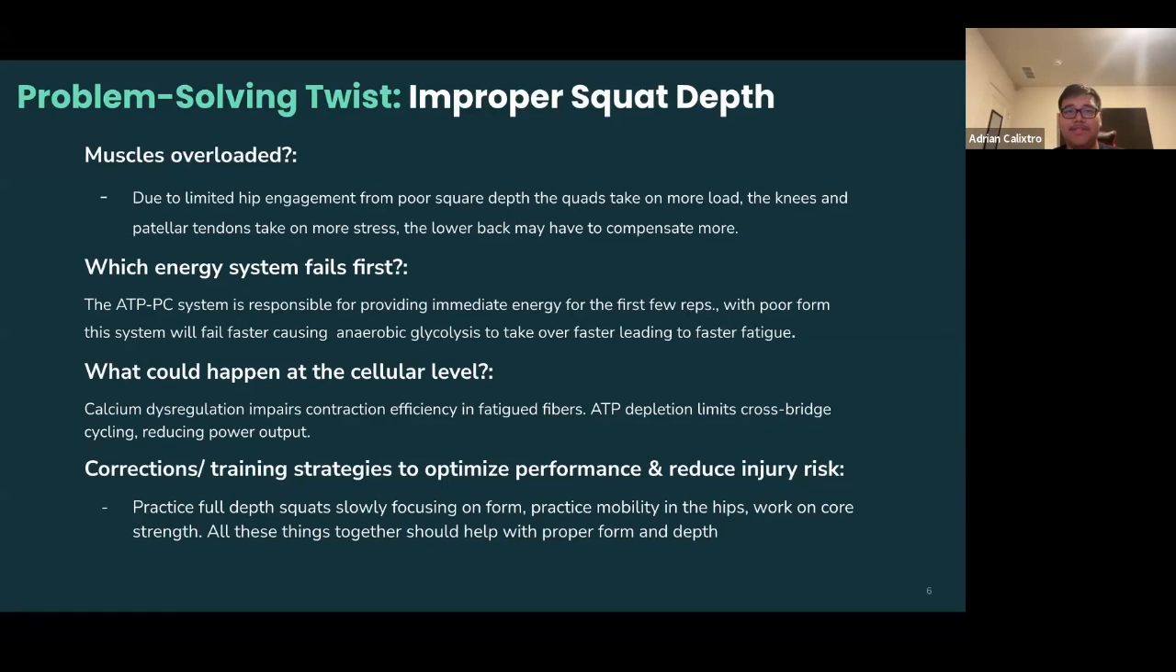And so the phosphocreatine system would be the energy system that fails first because it is responsible for providing immediate energy for the first few reps. And so with poor form, this system will fail faster because anaerobic glycolysis takes over faster, leading to faster